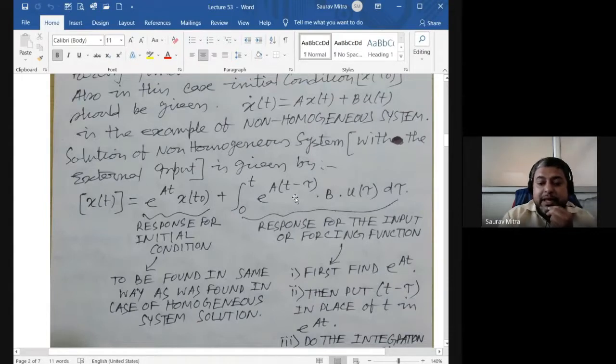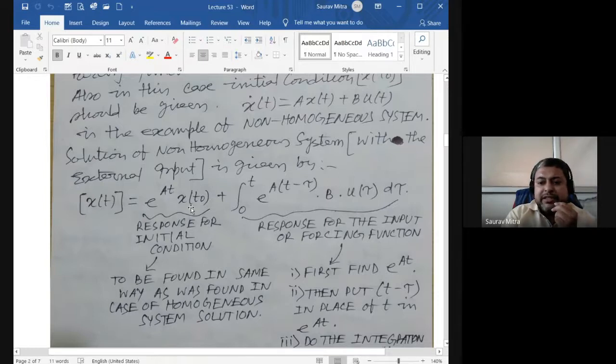So you have done that formula of convolution. You know what tau is. The same thing is here. Tau is an arbitrary variable we are taking in the system. So how to find this part is the main problem. That's why generally people avoid it, but there is nothing to avoid. I have solved two numericals, I will show you. So the first thing is e raised to a t x0.